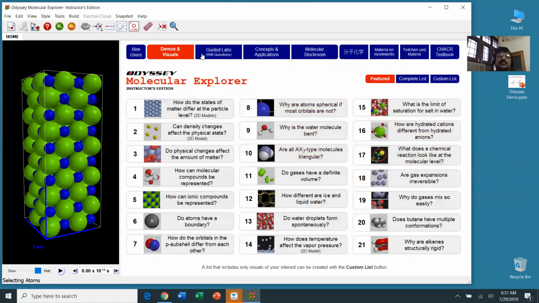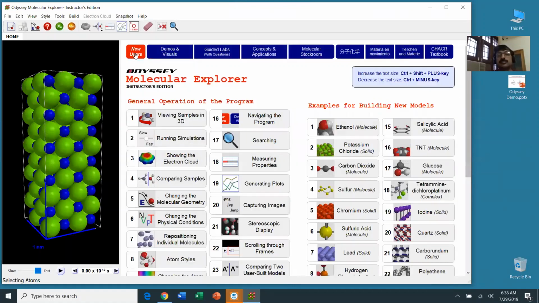The guided labs were the student worksheets. And for new users, I'll go to new users, and then we build a model. Typically after you install the program, or imagine a student installs it on his or her computer, and they're supposed to learn about it. The logical thing is, anyone who goes to new users hits on topic 1,